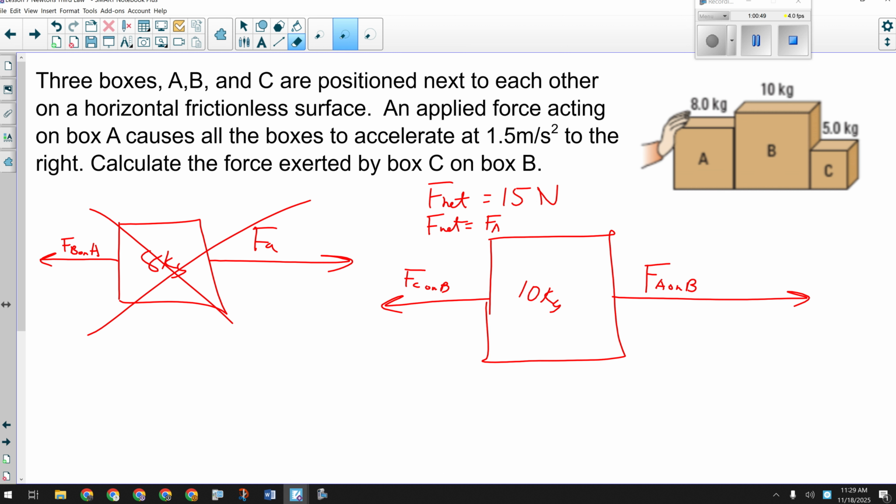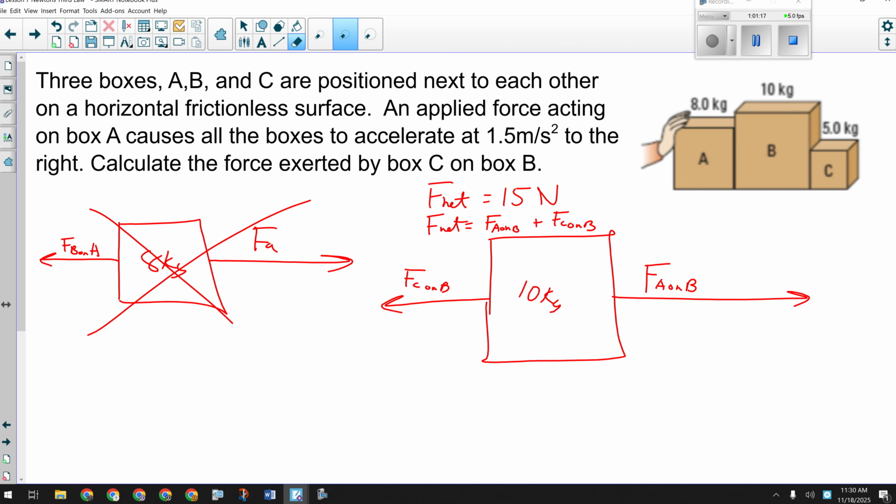The net force is the force of A on B plus the force of C on B. Well, at this point, I'm pretty stuck. I know this force, but I don't know either one of these, and I have no way to get the force of A on B. So I can't get the force the question wants